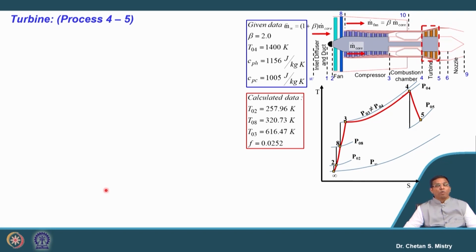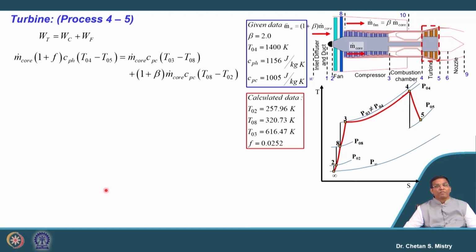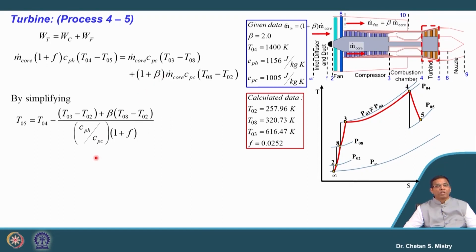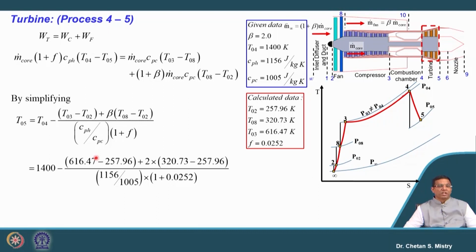Okay. Now, the component we have is our turbine, and for this turbine we write my turbine work, which is balanced by compressor work and fan work. Here in this case nothing is mentioned in terms of efficiency, so we will not put in any mechanical efficiency term. So, let us put the balance here. This represents my turbine work and this represents my compressor work plus fan work, and if you put in the numbers and simplify, this will give the exit temperature from the turbine as